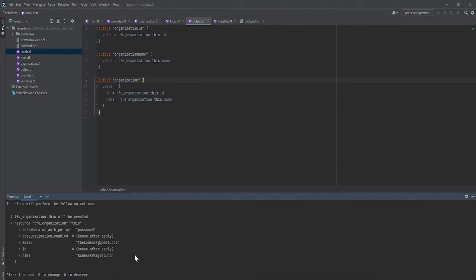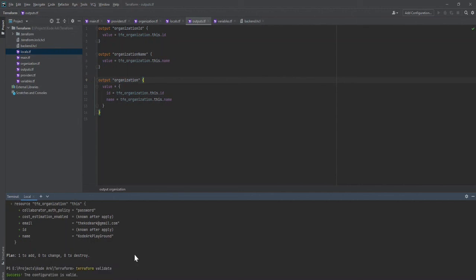This is the way of printing your output, but you can use data types to print your different values. Now I'll run the Terraform apply command, but before that I have to run validate, instead of plan, to make sure my configuration is correct. Okay, this is it for now. We will see the execution and everything in the next lecture. Thanks for your time. Stay tuned.